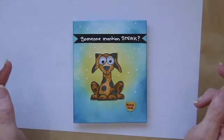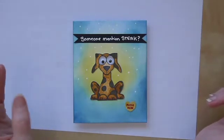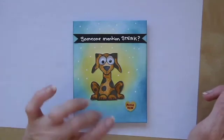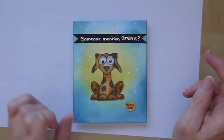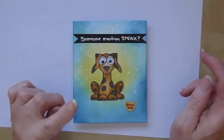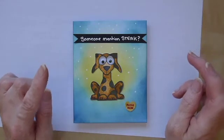So I decided to start again with the front panel. And I looked at various stamps that I had, and I didn't have one that I wanted to use, so I made this stamp for a start. Talk about starting from scratch. So I made the stamp. That didn't take very long. And then I stamped it, and I cut it out on my silver bullet, and then I coloured it,